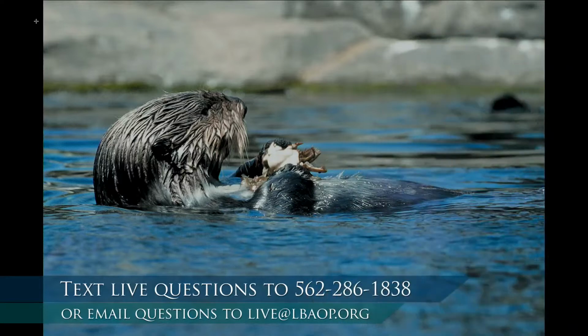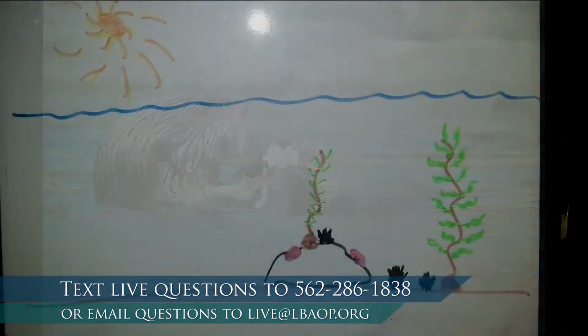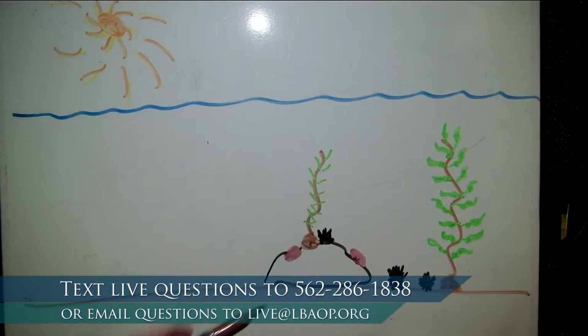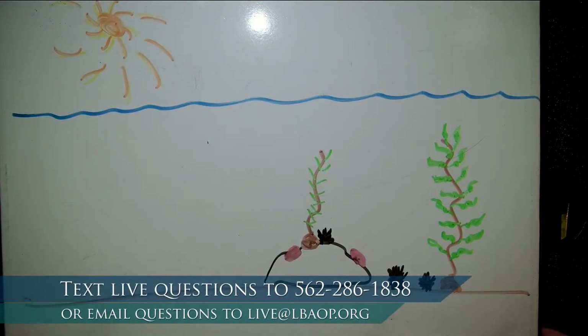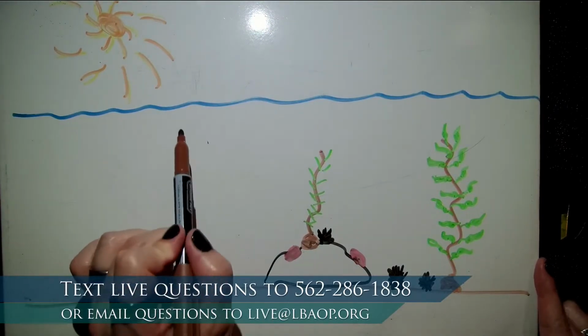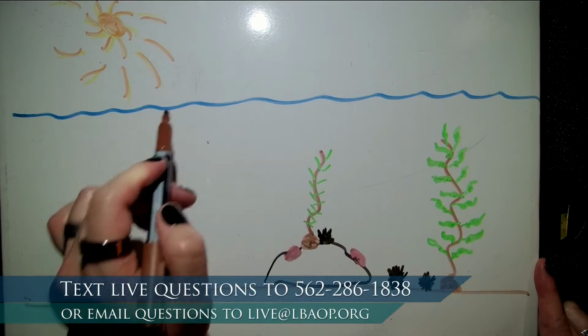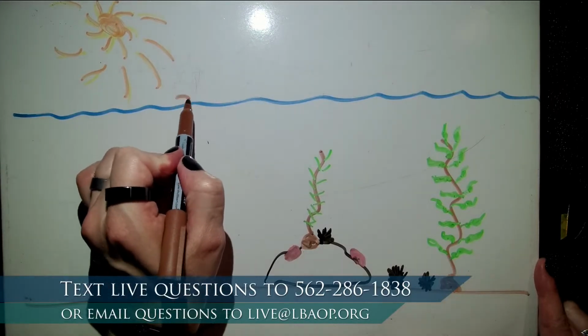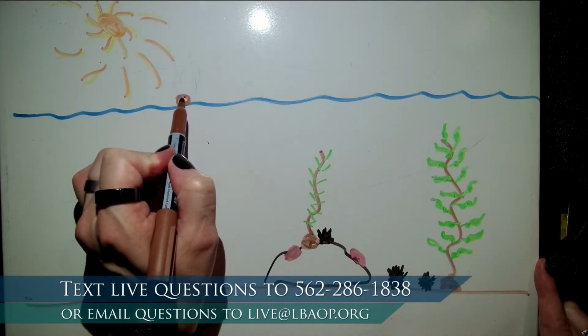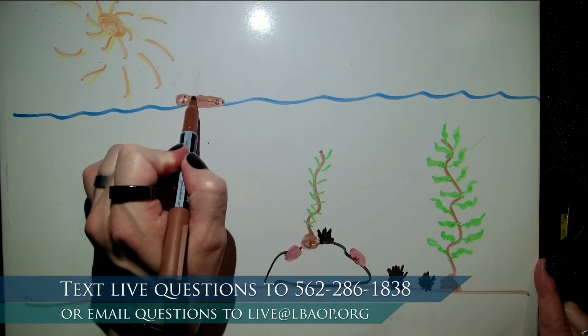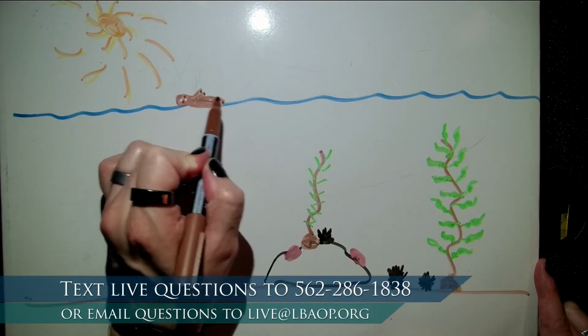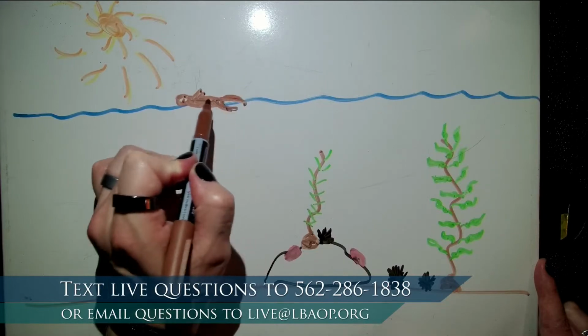So let's add an otter to my drawing. And I'll warn you now, I am not good at drawing otters. I did add a couple of abalone here, these little red ones, because there are red abalone that live here in California. Let's see. They have a round little face. I'm just going to be drawing a very, very sad looking otter because I told you I am not good at this. And they have little flipper feet.